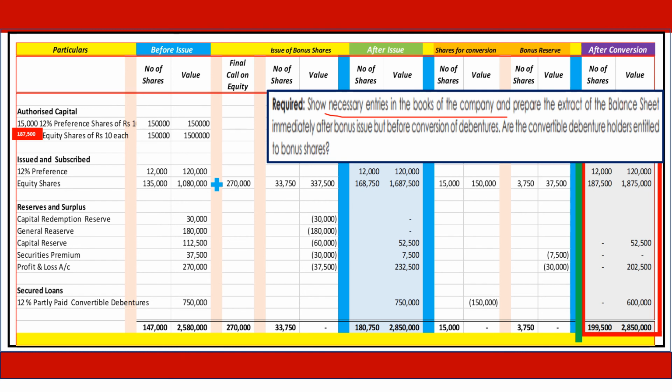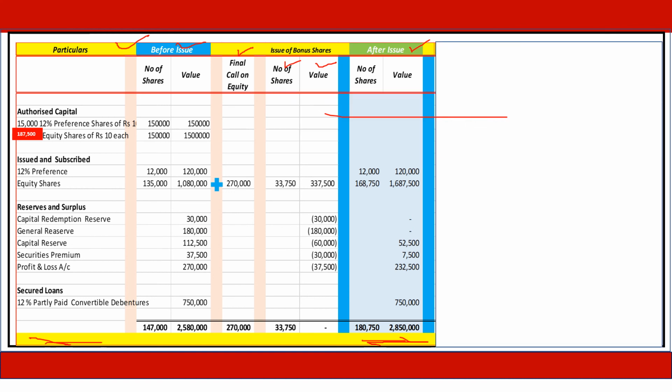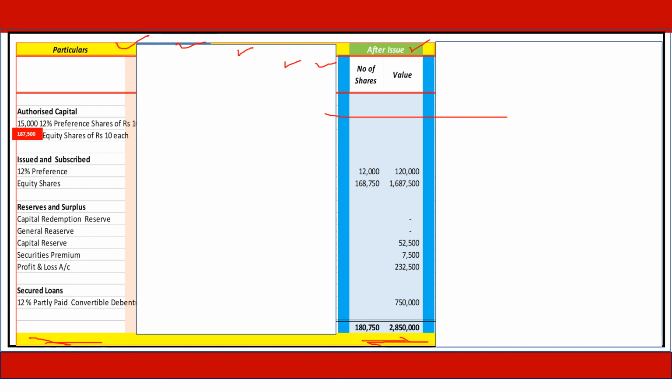Prepare the extract of the balance sheet. Extract of the balance sheet is the same. Particulars. Before the issue, this was the situation. We raised the final call. We issued the bonus shares, and after the issue of bonus shares, our figures appear under this column and the particulars appear under this column. And what we are saying is this is how the balance sheet looks. Particulars and after the issue, preference shares, and you should note here our authorized capital has to be 1,87,500 including the reservation. Once this is done,